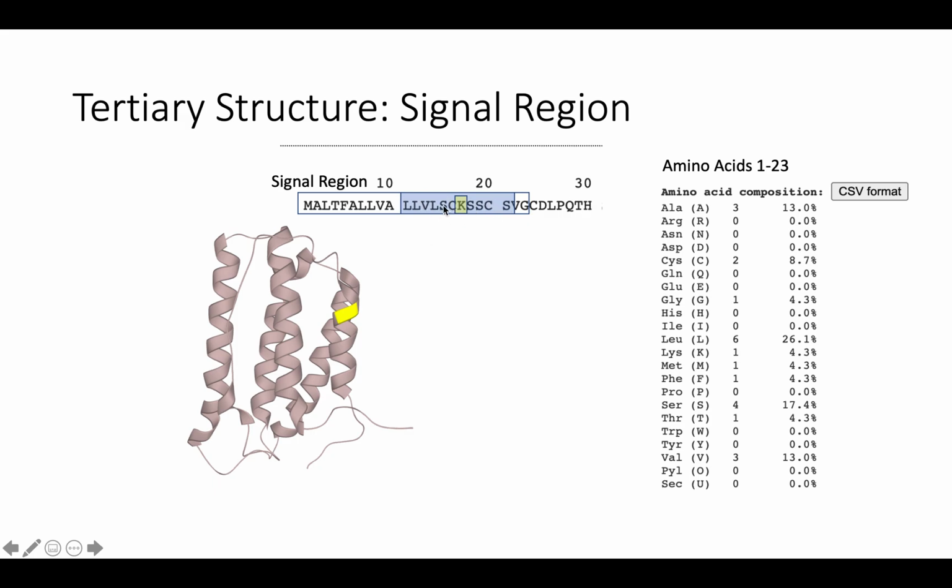Within it, we can see a lysine, which is charged and we know can form salt bridges. So we know that this could potentially be a signal to other molecules that this particular region exists on this interferon alpha 2, and that could play an important role, especially this being a ligand in its function as a